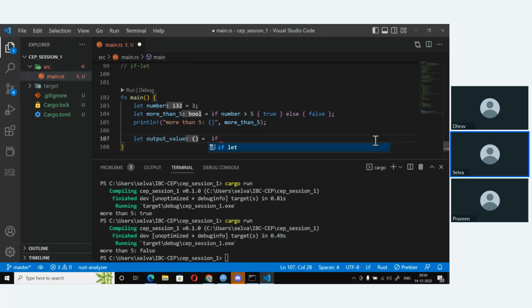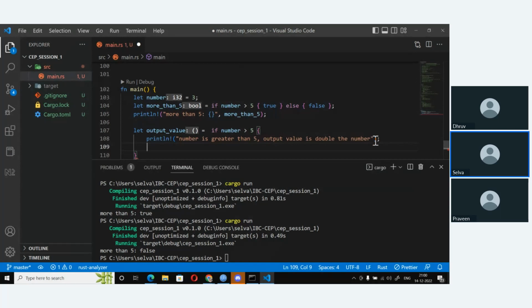So I can say if number is greater than 5, and I want to write some code. So print line, say, number is greater than 5, output value is double the number, something like this, and then we give the expression.